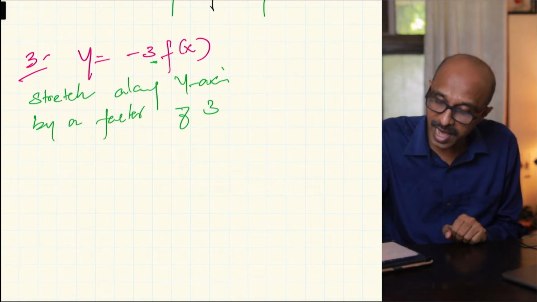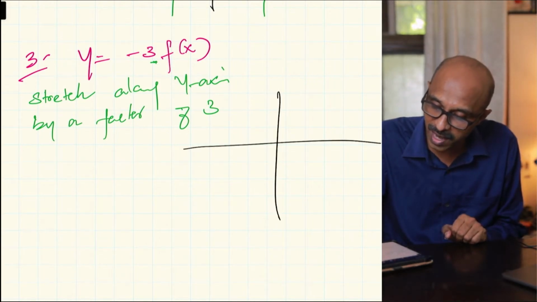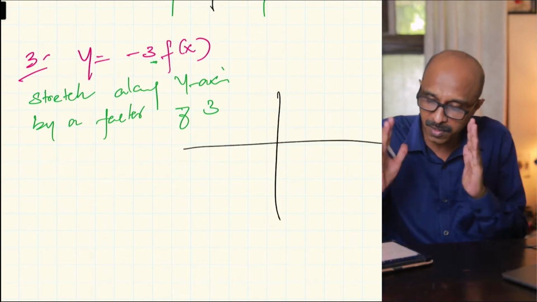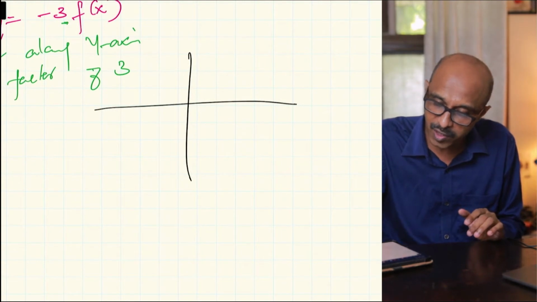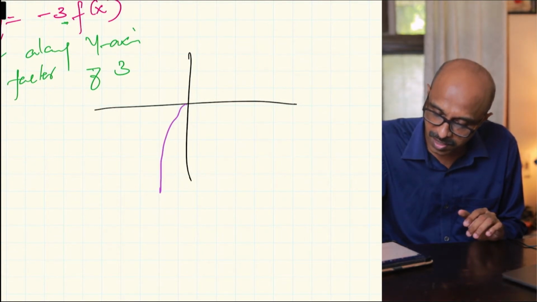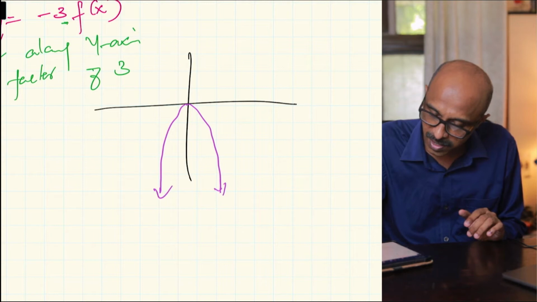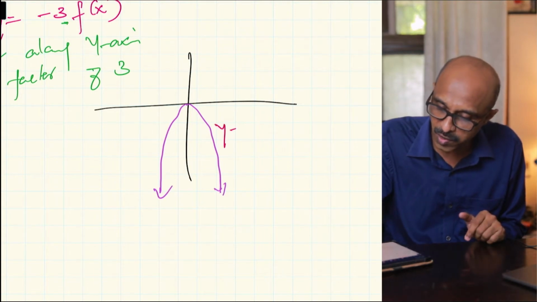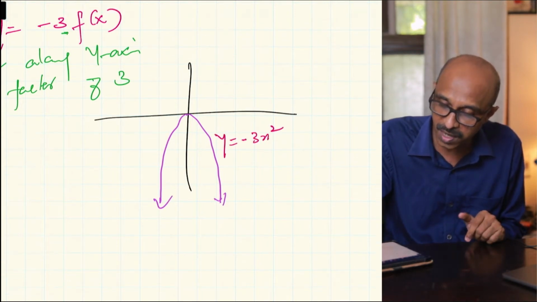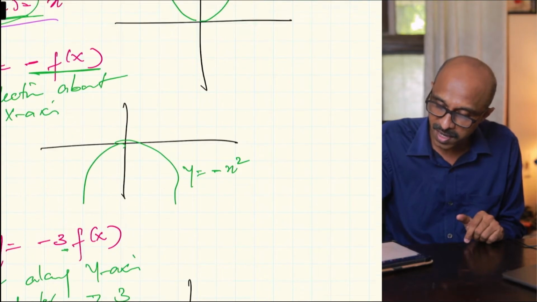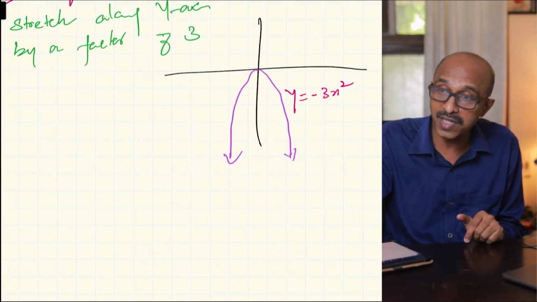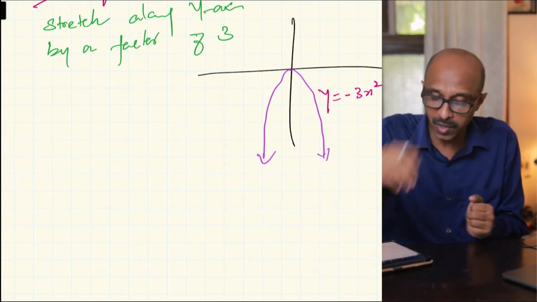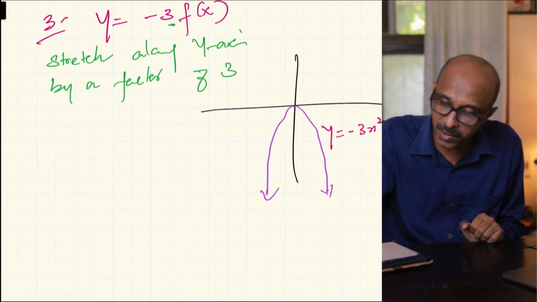So let me just draw that graph now. Here we have it, and it just becomes closer to the y-axis, as we saw in earlier videos. There you go. We can call it y is equal to -3 times x squared. So what has happened from x squared, it's got reflected, and now it's -3 times x squared, stretched along the y-axis. And then finally, we can put in our